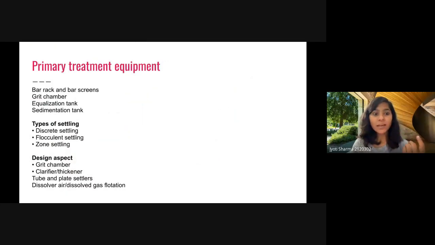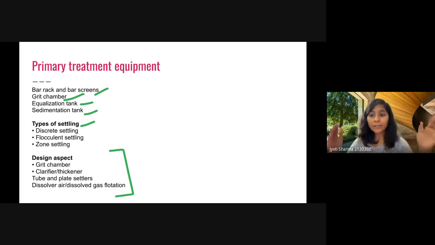I just want to show you that in primary treatment we already have discussed bar rack and bar screen, grit chamber, equalization tank, and sedimentation tank. Different types of settling we already have discussed, and something technical and engineering part of how we can build the bar, chamber, equalization tank, what is the principle, then what should be the length and breadth of this. So we already have covered a little bit about these primary treatment equipments. So move on to